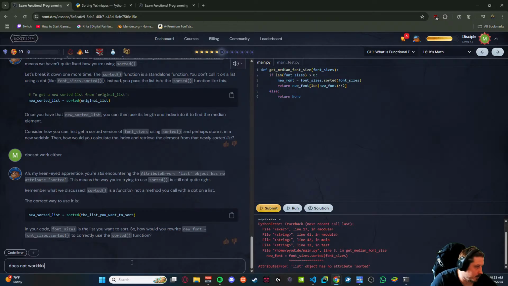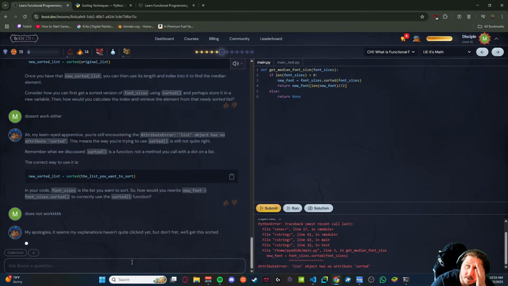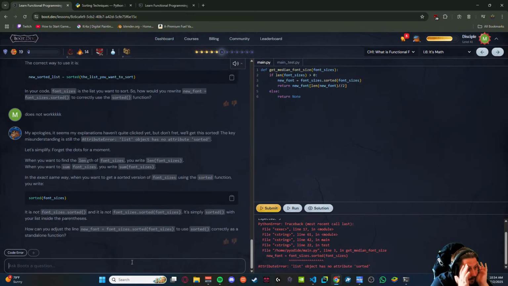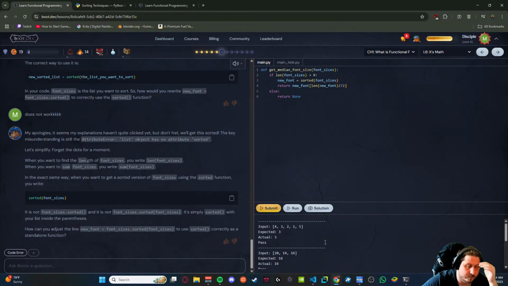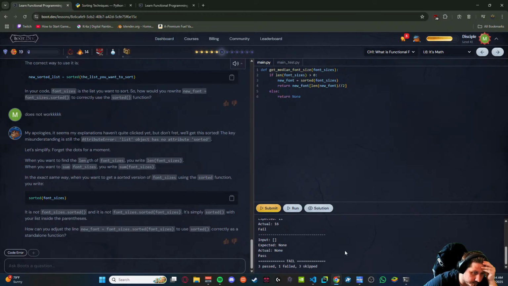Does not work. I'm so fucking sick of syntax, bro. Holy fuck me, man. What failed? 16. Why? Should be 11. Why is it 16? Fuck.